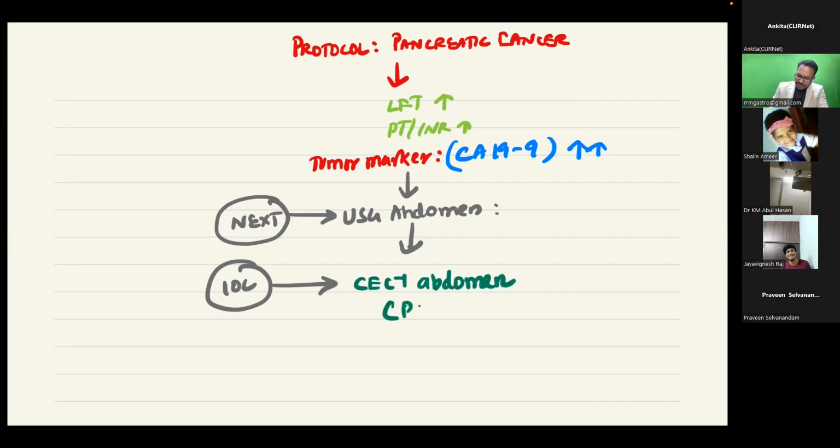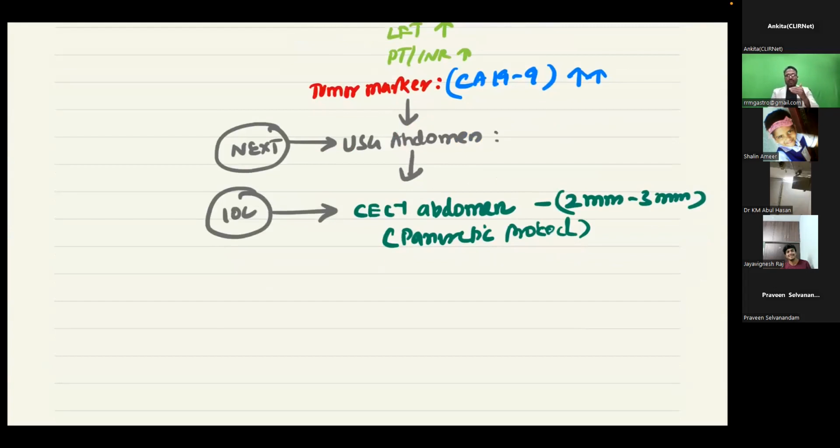which is with a pancreatic protocol. Pancreatic protocol CT abdomen means what? It means we take a CT cut at every 2 mm to 3 mm. We cut the pancreas and see it at 2 to 3 mm cuts. Based on that, we will see whether it is pancreatic cancer, whether it is operable or inoperable or